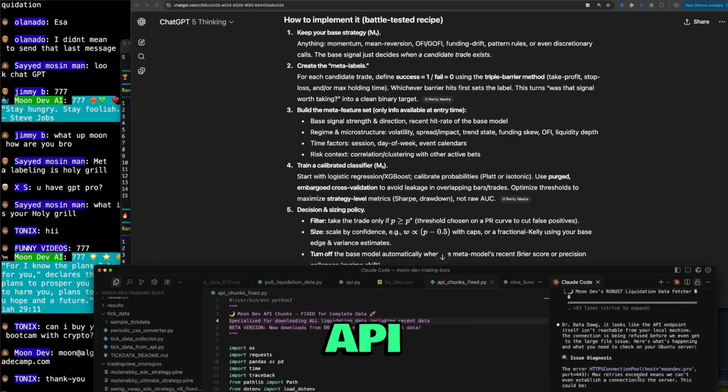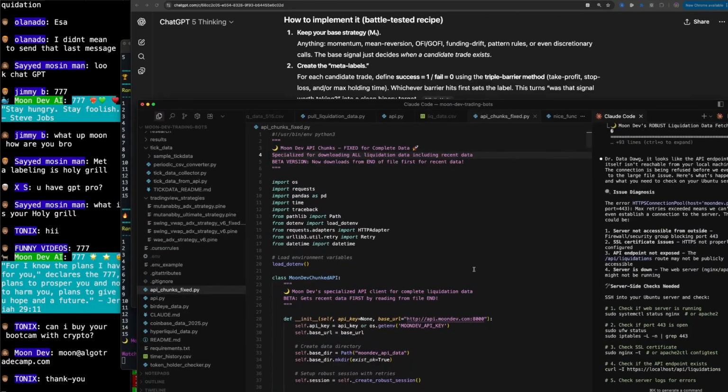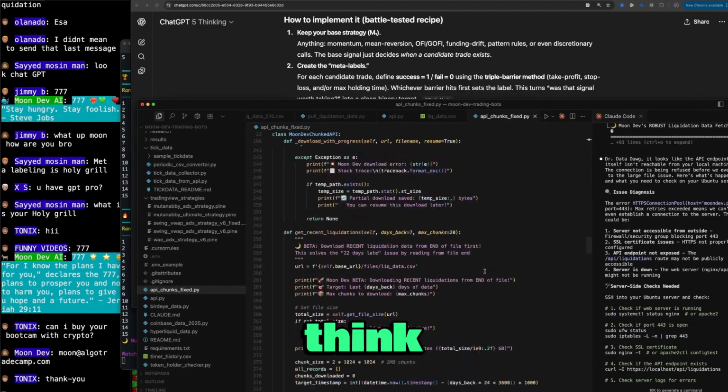So it looks like your API endpoint itself isn't reachable from your local machine. The connection is being refused before we even get to the large file issue. Here's what's happening. Server is not accessible from outside. Doesn't make sense because I think it works when I